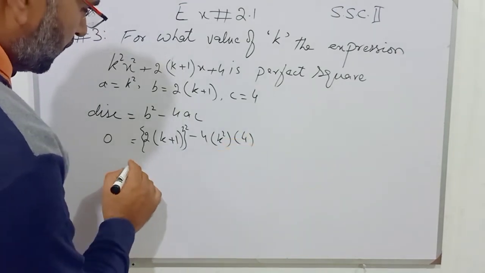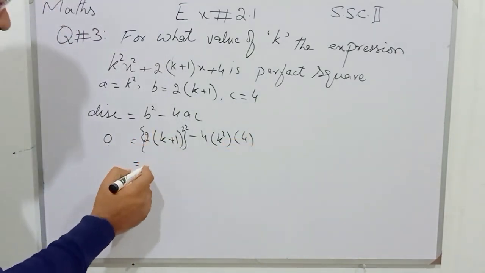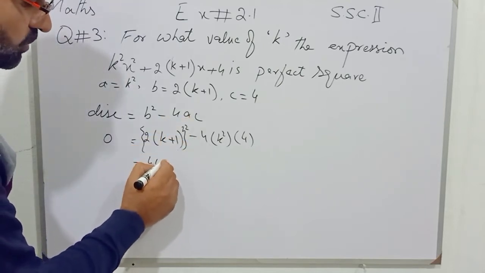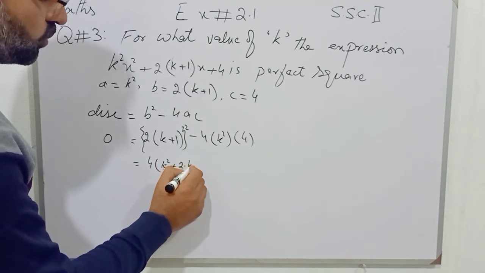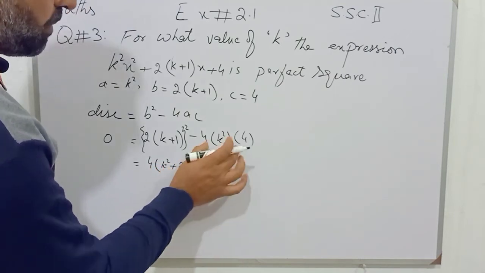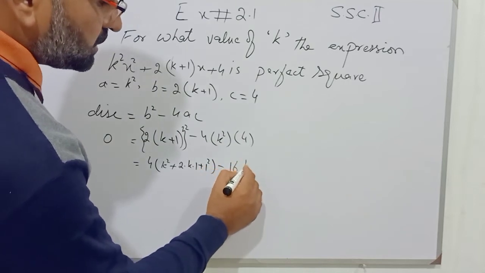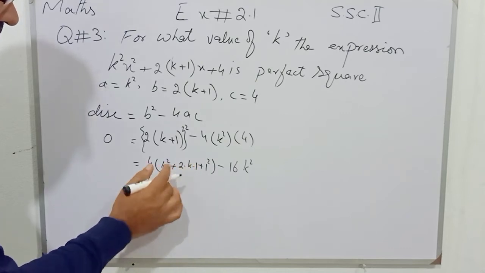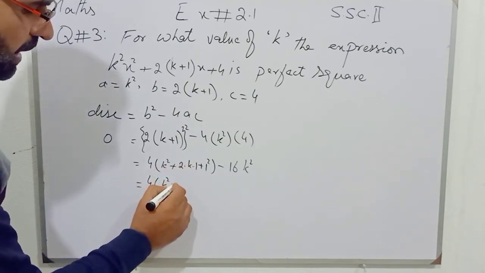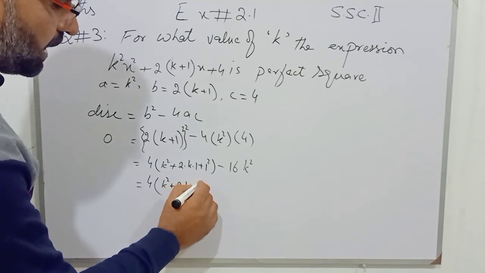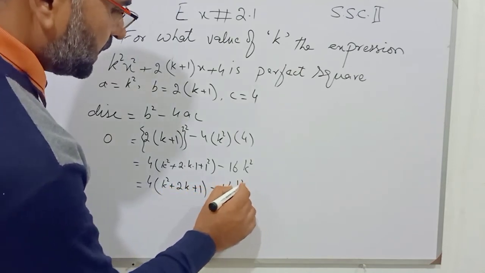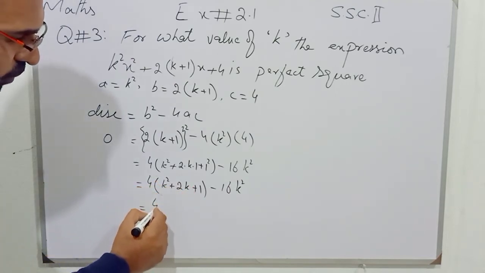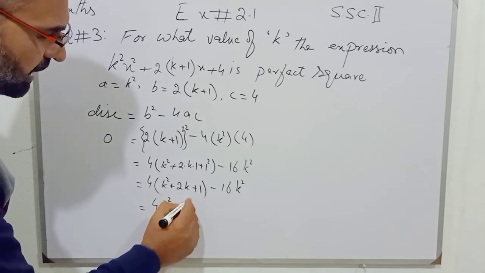Now we will take the square, and the square of 2 is 4, and here we will apply the first identity a plus b whole square, that is equal to a square plus 2 into a into b plus b square, minus 4 4s are 16k square. And now we will simplify the bracket. It will become k square plus 2k plus 1 minus 16k square. Now we will multiply 4 with the other 3 terms, and it will be 4k square plus 8k plus 4